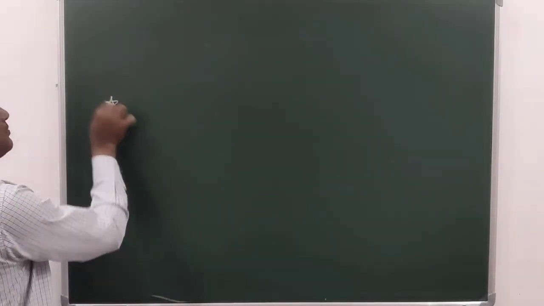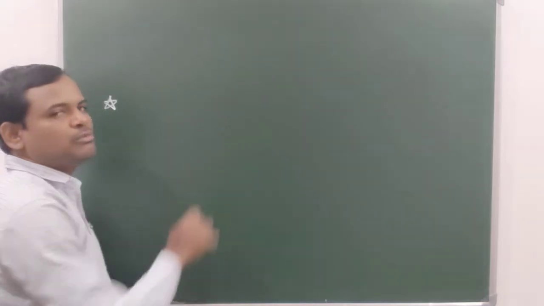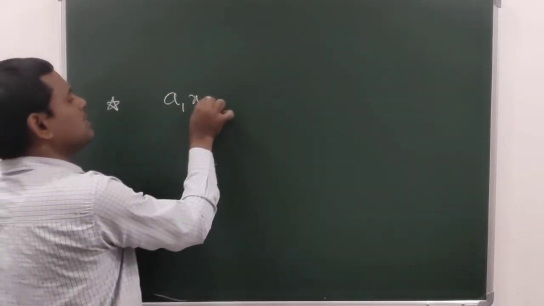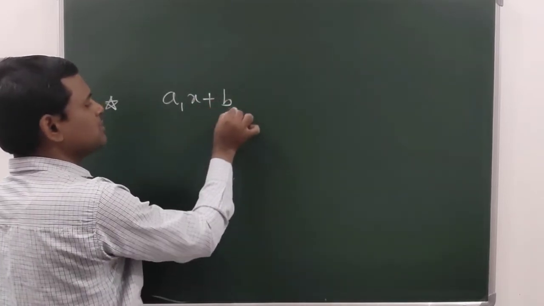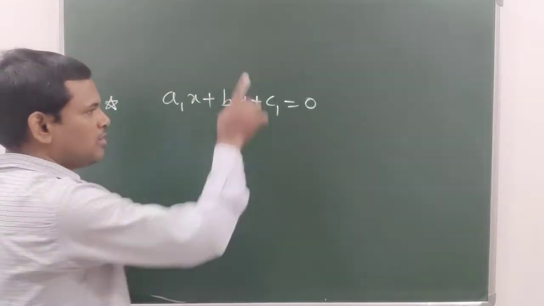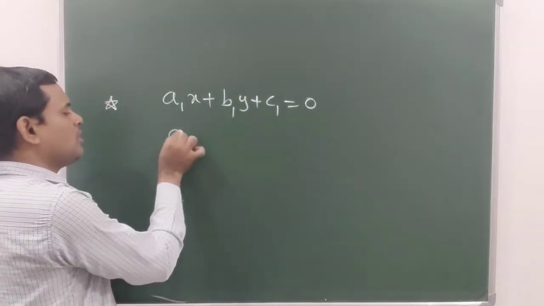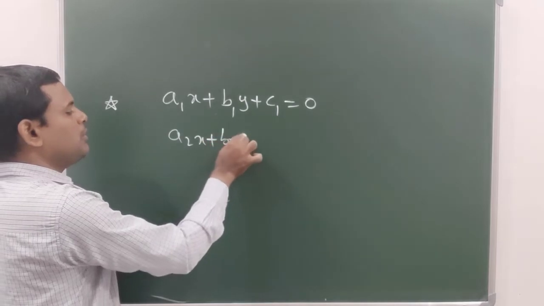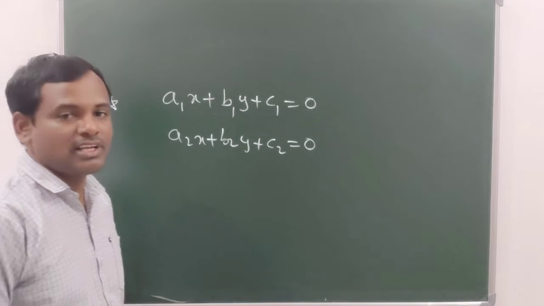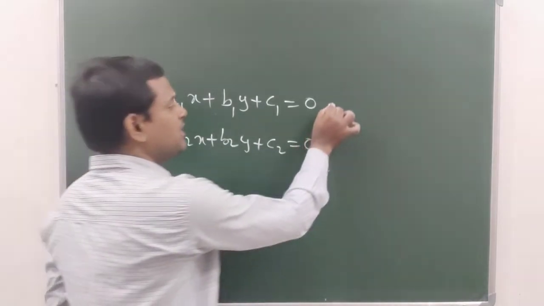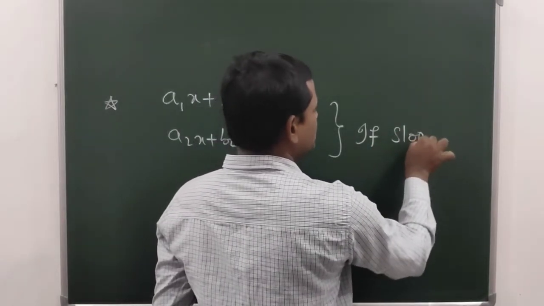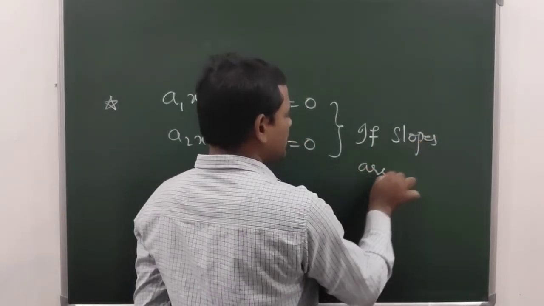See, now let us assume 2 straight lines. So let us consider whose equations as a1x plus b1y plus c1 equal to 0. This represents one line equation, and a2x plus b2y plus c2 equal to 0. This represents equation of other line. Now suppose if their slopes are equal,